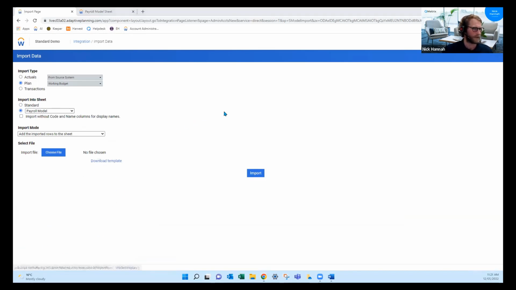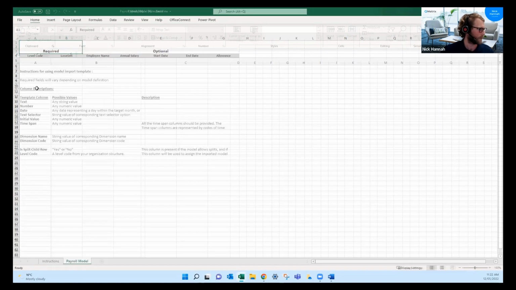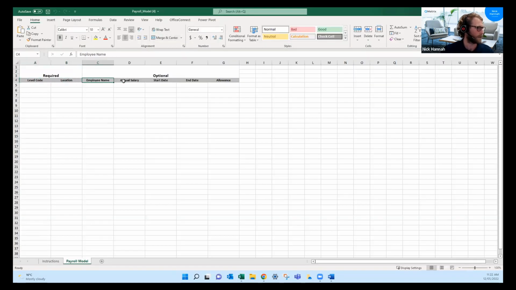And this is just going to give us an Excel version of that modeled sheet that we have built in here. So you'll see we've got our columns, so level code, location, name, salary, start date, end date, and allowance. So you would simply enter in the level code, location, are the only two required, and then you can copy and paste from, if you have an existing Excel spreadsheet or whatever, you can just put in all the